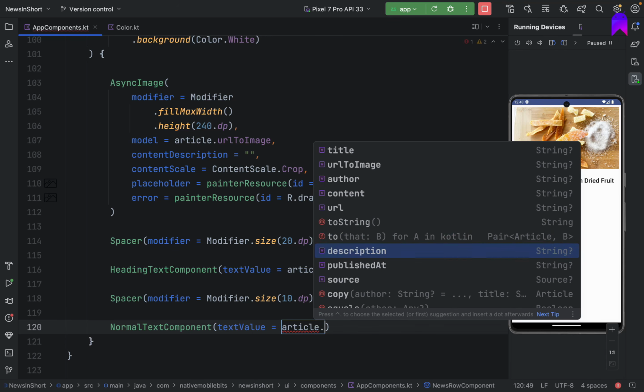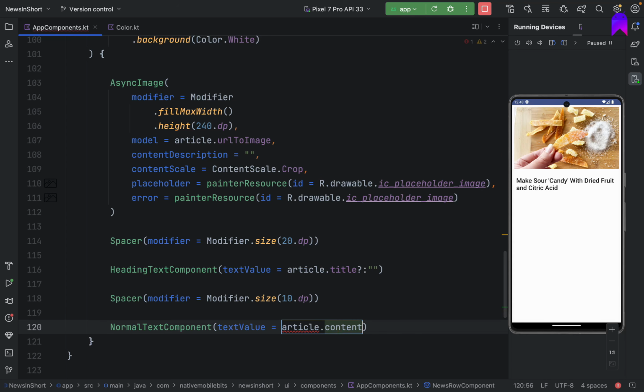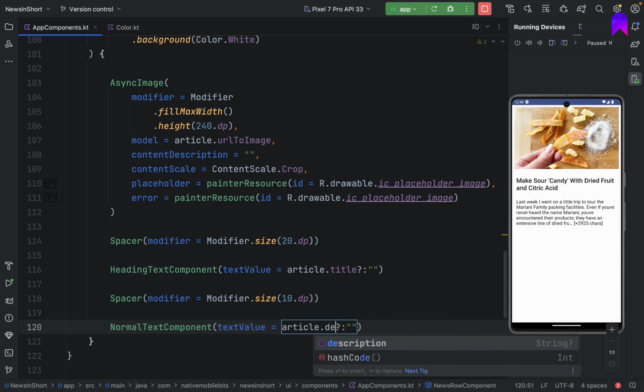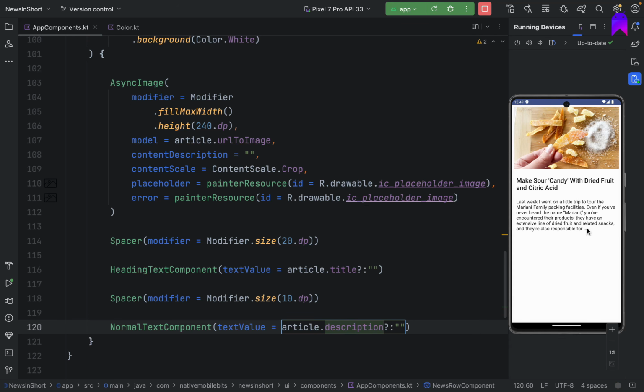So let's try to go ahead with content first. If it's null, don't show anything. Okay, so it's having some smaller content. I think in the API itself we have it like this. So if we just try to see the description, it has this dot dot dot, and for content this plus 2925